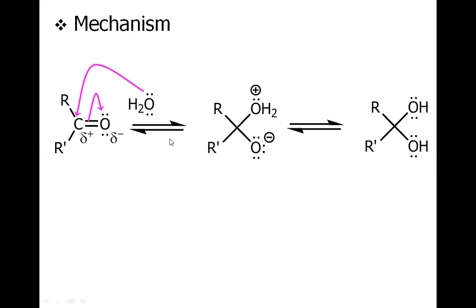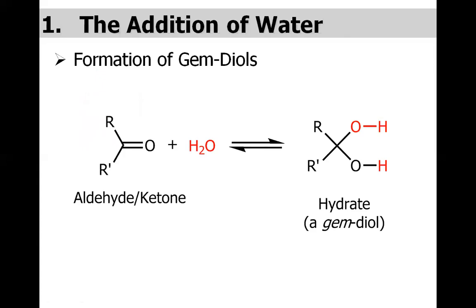Well, this seems to be a very simple reaction, but remember, this reaction does not give a good yield for every sort of ketone. Rather, it is only good when we have two hydrogens here, which is called the formaldehyde. And as long as we keep on increasing this carbon chain to either side of the carbonyl or to both sides, as in case of ketone, the rate of formation of hydrate decreases.